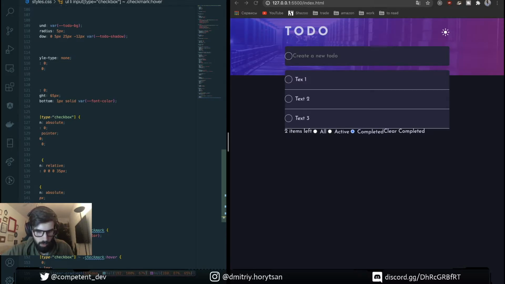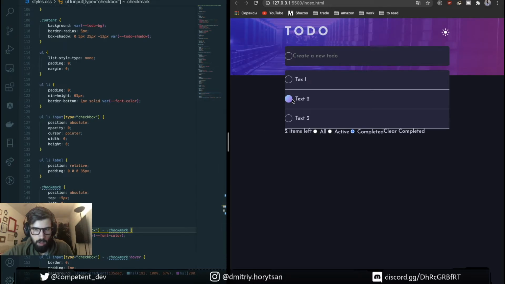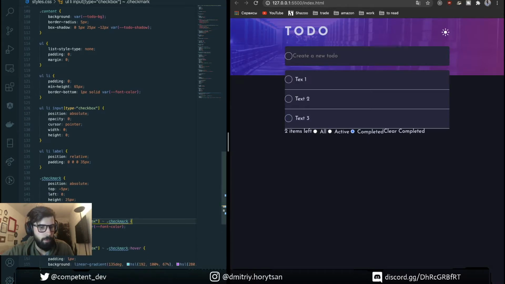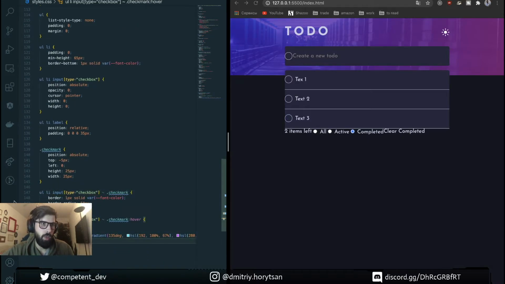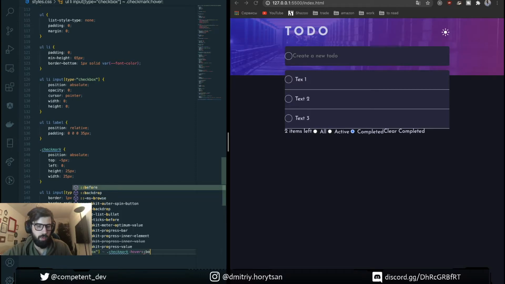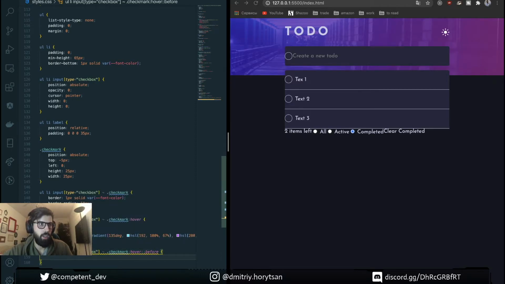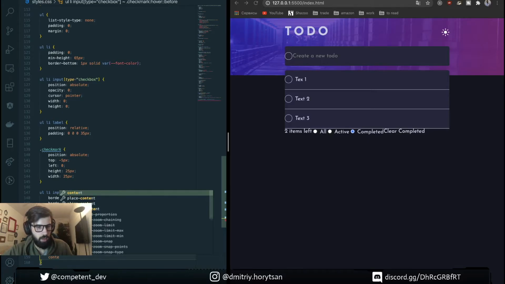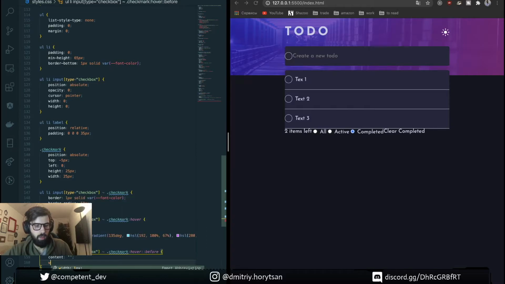Here, remove this one. And however, we have such thing, but we need a white circle inside of it. So once it hover, we're doing before, and put here the white circle. It's 23, the radius 50%.